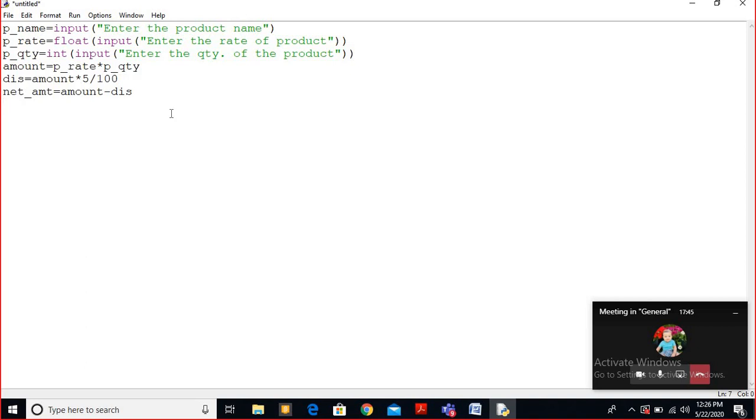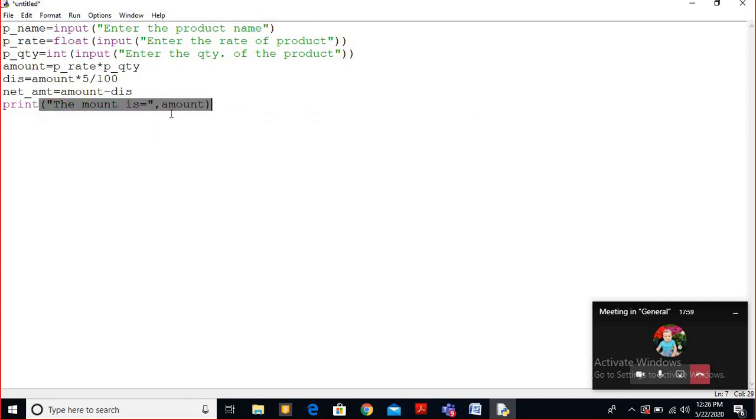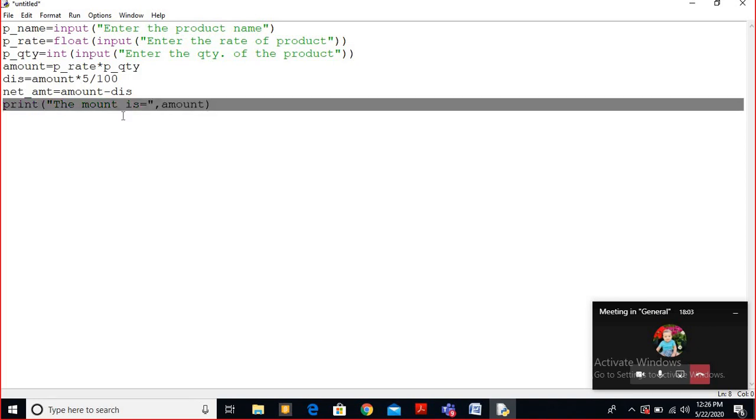Now I'm going to print all the variables. Print the amount is equal to, let's say, amount. Then I'm going to copy this.